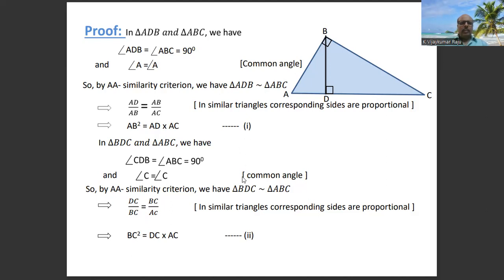Now we need to add these two equations. Add equation 1 and equation 2. Now just see, AB square is equal to AD into